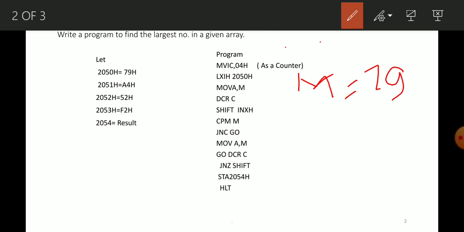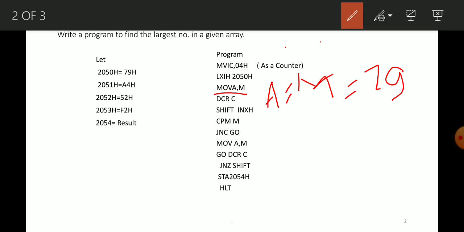Then the next instruction is MOV A, M. After execution of this instruction, the content of memory is copied to the accumulator. Then A is equal to M is equal to 79.